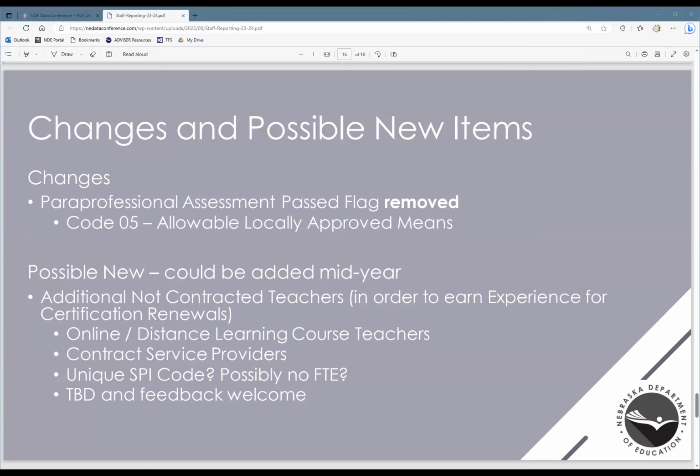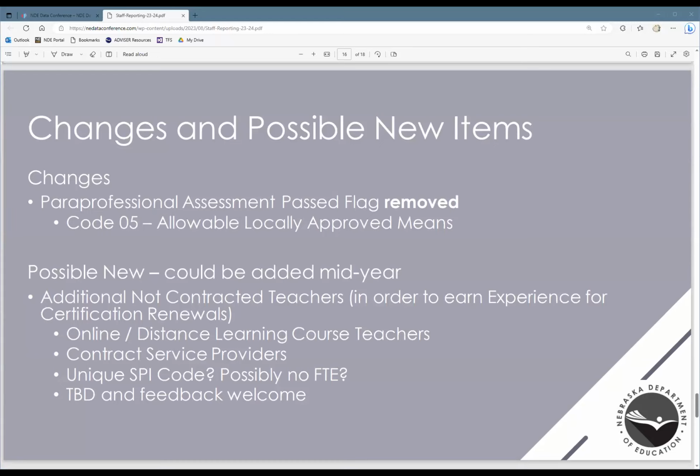Carolyn's got a comment about staff contracted to a school district from an ESU, which is a little bit different than what we're talking about here, though also similar. Yeah, the district doesn't have to report that staff if the ESU reports them. But yes, Carolyn, you're right.